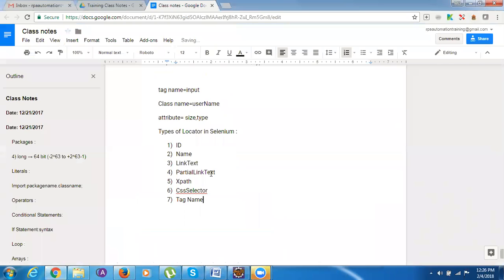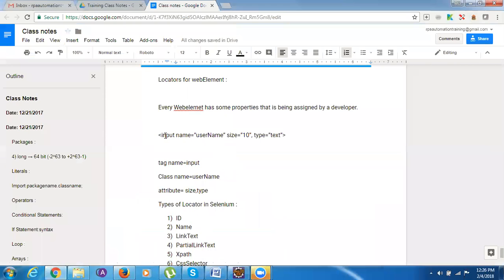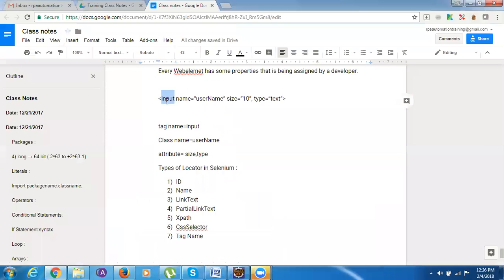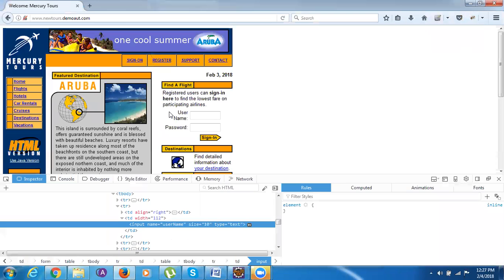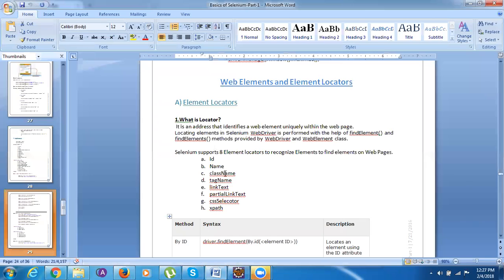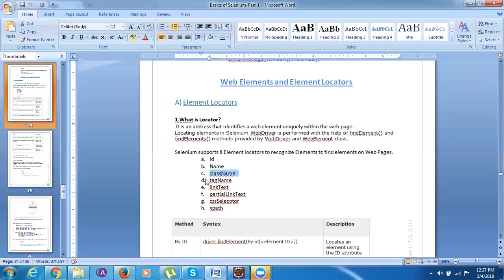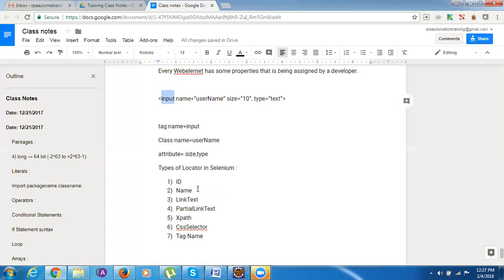If it has a tag name, like this is the tag name input. This one from here has input as a tag name, so we can use that as well. Input type, you can identify using the tag name, fine. And then we can use class name. There is a name, another is class name,